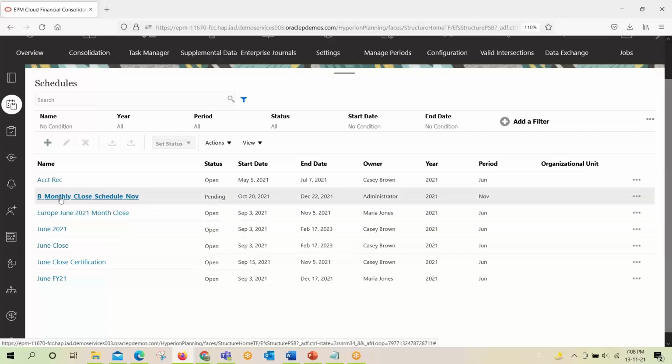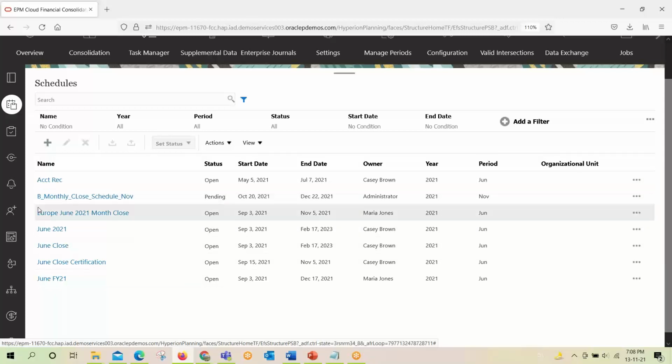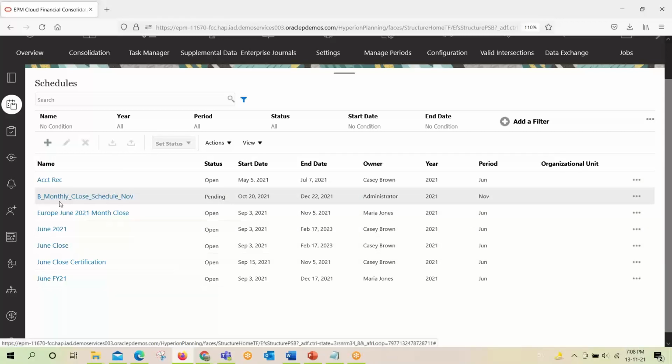As we created the schedule, the name appears under the schedule tab. The schedule is monthly close schedule November, and you can see the status here is pending. Once the schedule is created, its status always shows as pending.